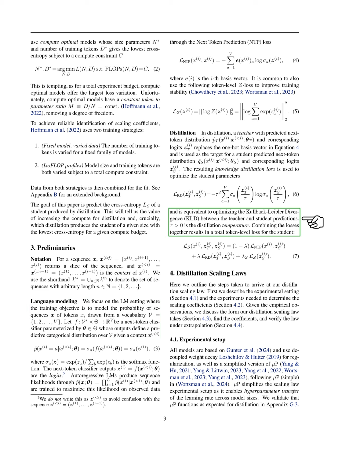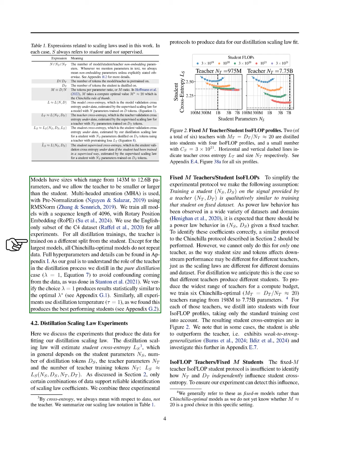The loss from this knowledge distillation is used to optimize the student's parameters, effectively minimizing the difference between the teacher's and student's predictions. We outline our distillation scaling law by first describing our experimental setup and the necessary experiments to determine the scaling coefficients. We then discuss the form of our scaling law, find the coefficients, and verify the law through extrapolation. Our experimental setup is based on existing models and employs specific regularization techniques.